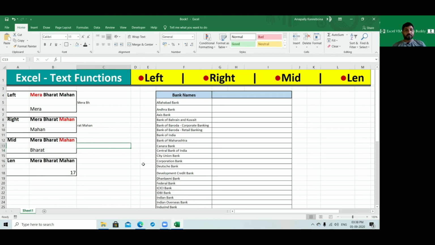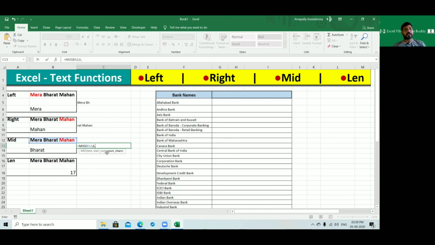Suppose I want to get more. Type mid. It prompts for text, so I'm selecting this text, then a comma and the start. I'm omitting the first 5 letters and starting from the 6th, right?